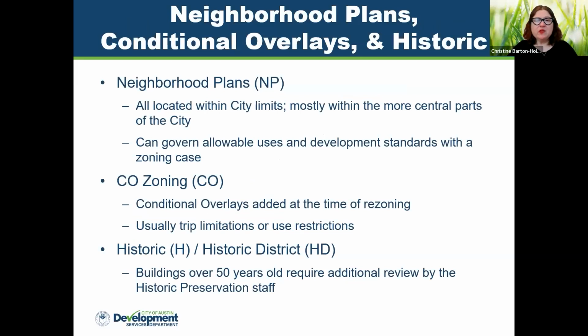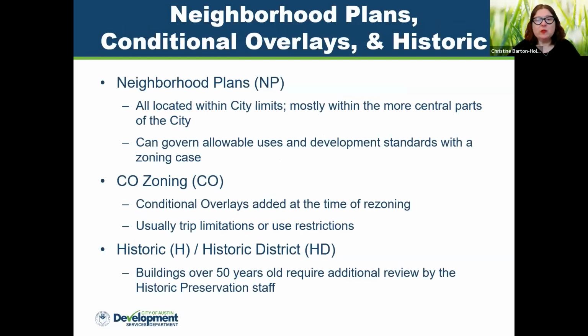So the neighborhood plans, conditional overlays, and historic district designations. Neighborhood plans are NP. Those are all located within the city limits. They're mostly in the more central parts of the city, and they can govern allowable uses and development standards.